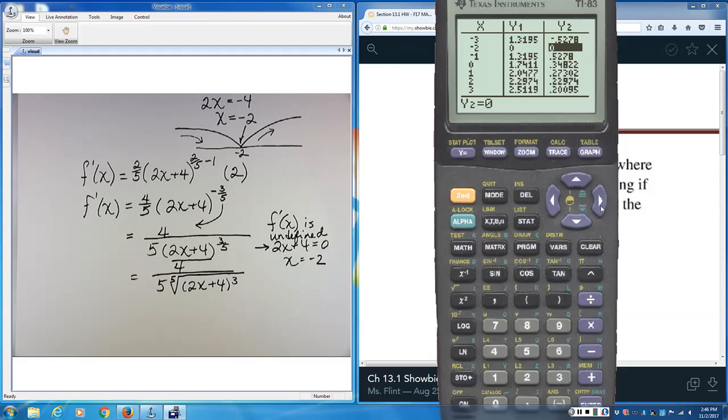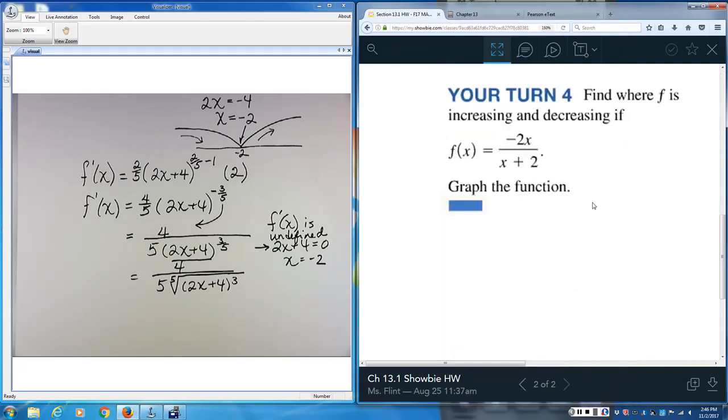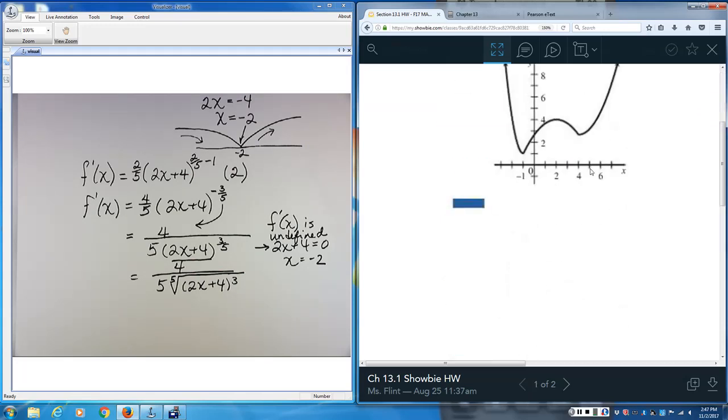Okay? Where are you going to have a problem with that function? At x equals -2. I want you to do problem 2 and problem 4. I did 1 and 3 with you. You do problem 2 and problem 4 before I see you the next time and see how you do. Okay? 2 and 4. We did 3 just now. Problem 2 is just like the one that we did